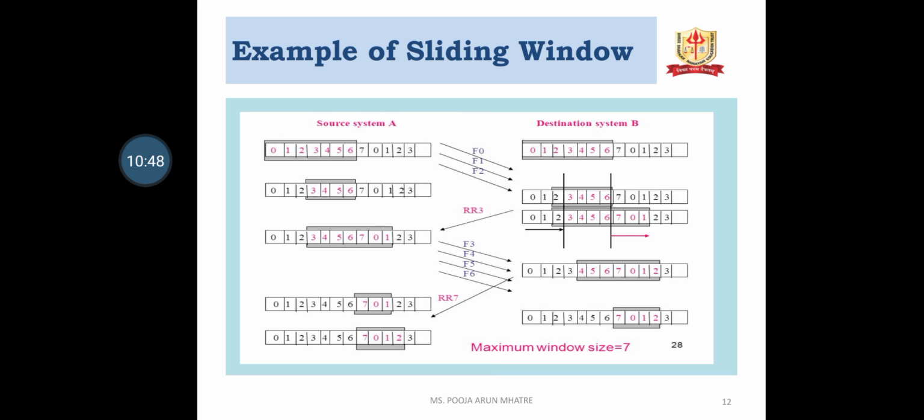When the acknowledgement sent to the sender says to retransmit from frame 7, at that time the sender reduces the transmission rate. When the window of size 7 is not received by the destination side, it sends a message for only 4 frames, that is frames 7, 0, 1, 2 are retransmitted to the receiver.